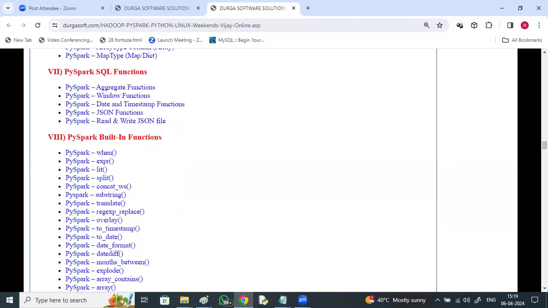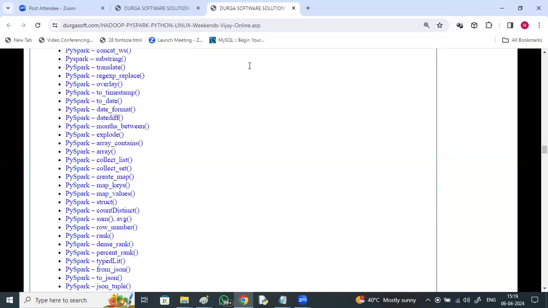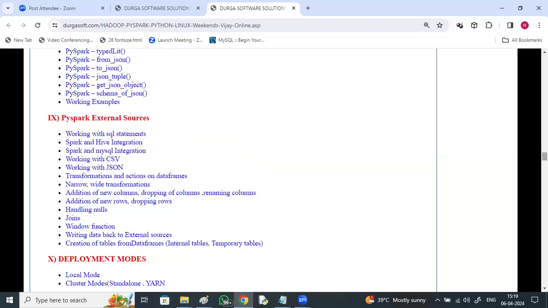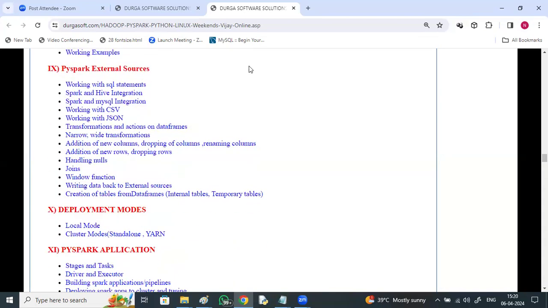overlay, to_timestamp, date_format, datediff, months_between, explode, array_contains, collect_list, collect_set, map_keys, map_values, row_number, rank, dense_rank, all this. Different inbuilt functionalities, and PySpark external sources, Spark and Hive integration, MySQL integration, working with CSV, JSON files, transformations and